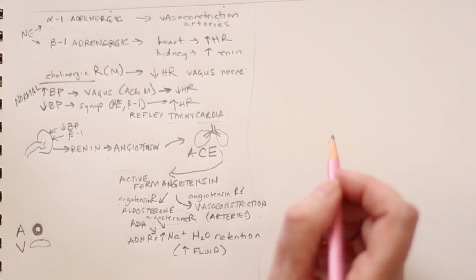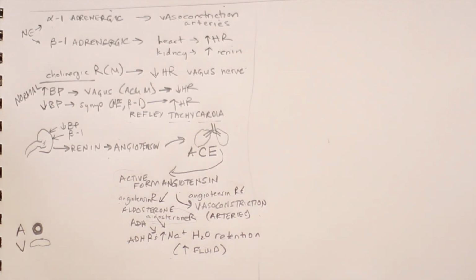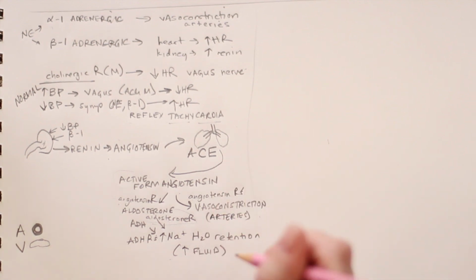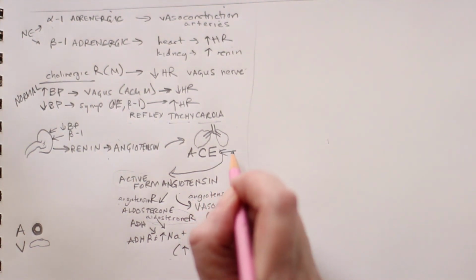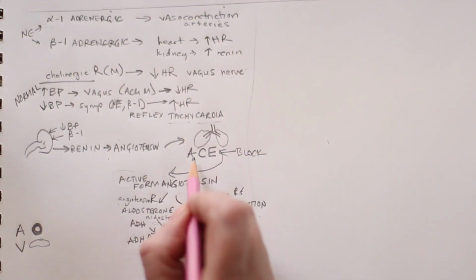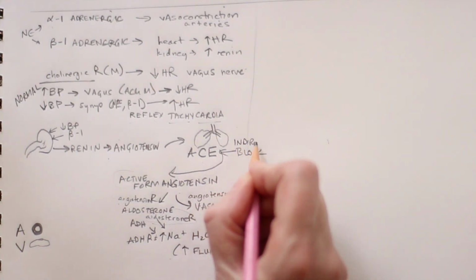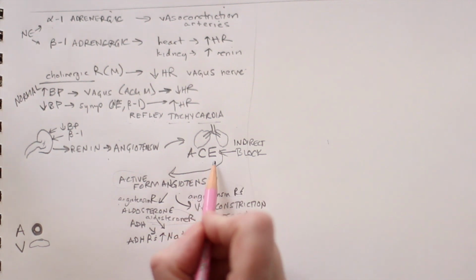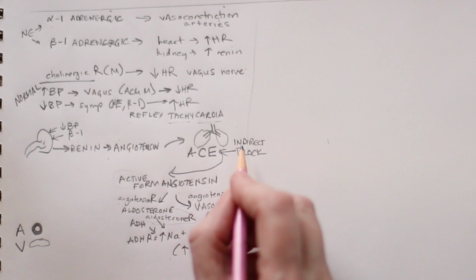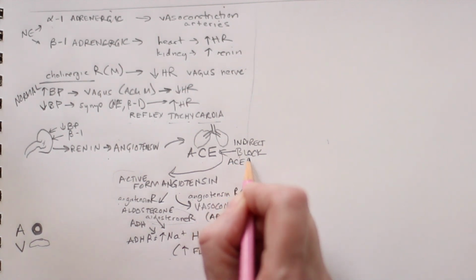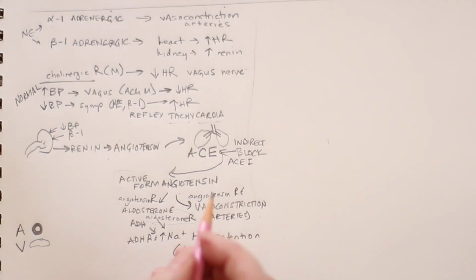There's two ways you can block angiotensin's effect. I really wish I had another color pencil, but oh well. One is you can block it from being formed, by blocking the action of the enzyme that activates it. All right, so that's indirect acting, right, because it's doing it by glomming onto an enzyme, not by binding a receptor. Okay, and the example that we gave were ACE inhibitors, which, yay, is actually named for what it does. That's good. The other thing you can do is give